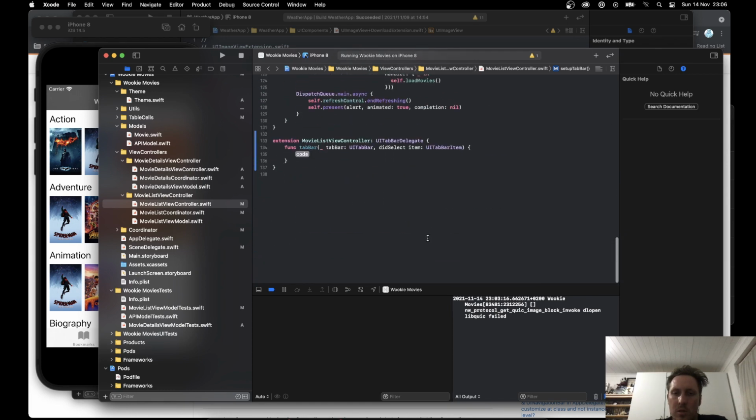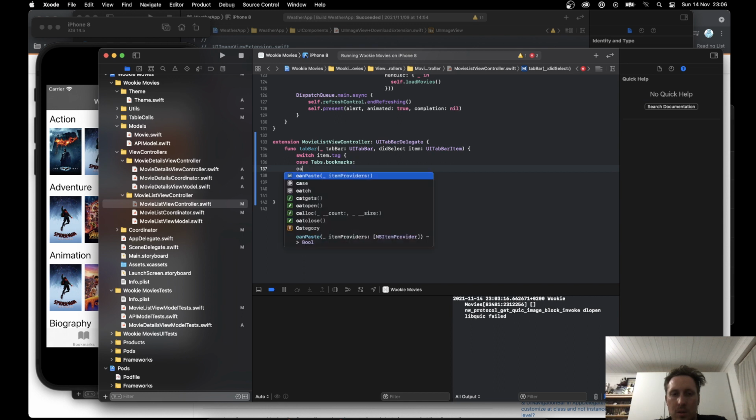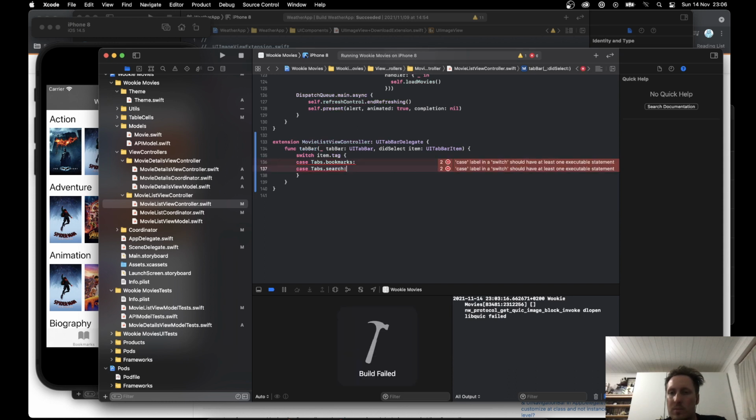Search, and here we can say switch item dot tag. We can say tabs dot bookmarks, case tabs dot search, default nothing. No, well,